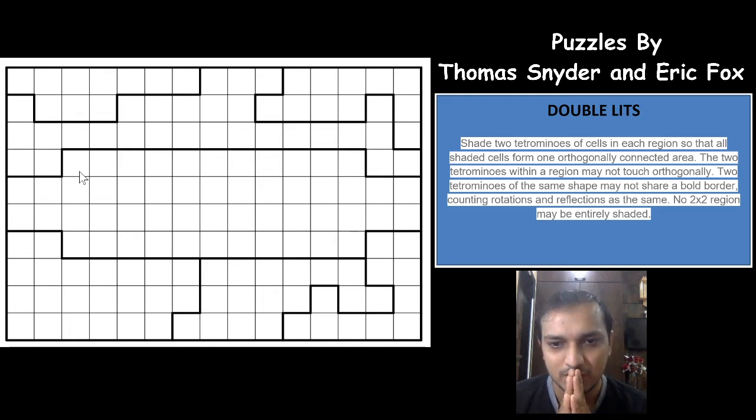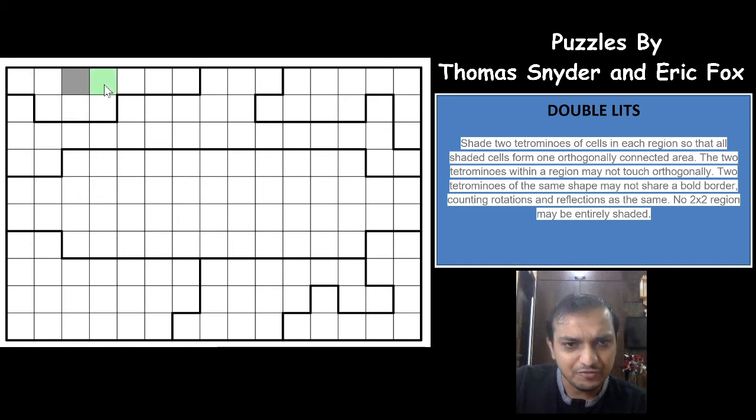So okay, there are a few smaller regions that I can see. So this is the one. Can this cell be shaded for either the left or the right tetromino? No, because if it is for the right tetromino, left doesn't have enough space, and if it is for the left tetromino, right doesn't have enough space. That's it. So this is unshaded. That gives you only one way to shade actually. That's nice. Superb.